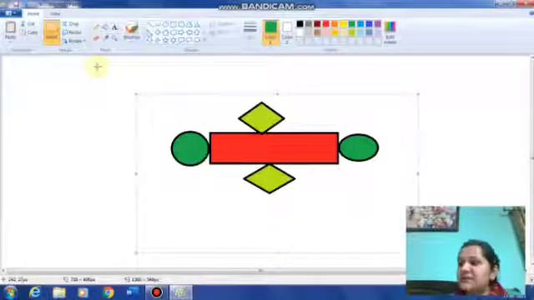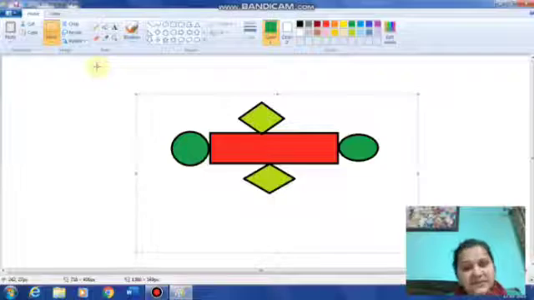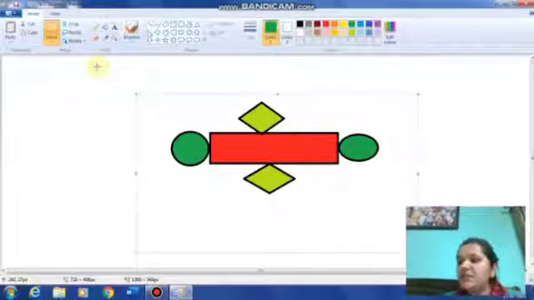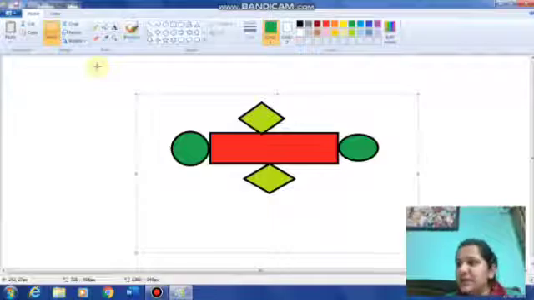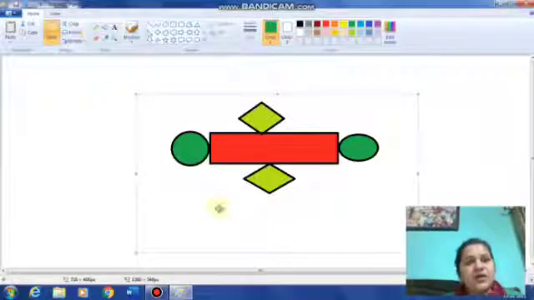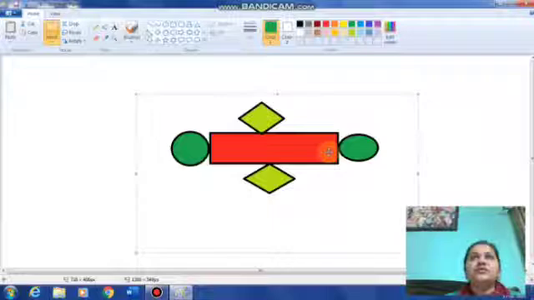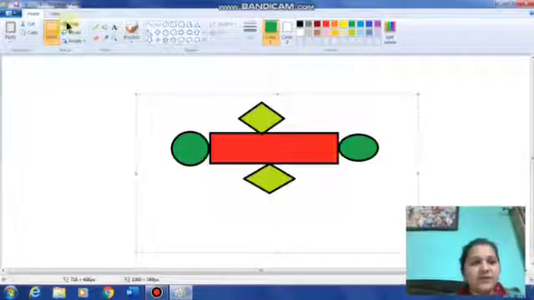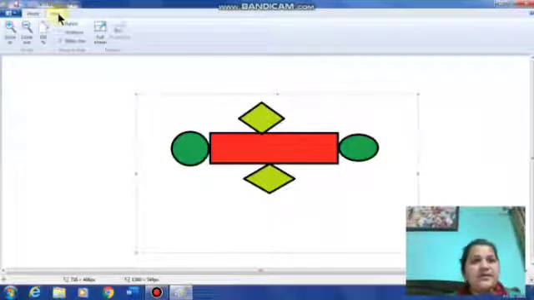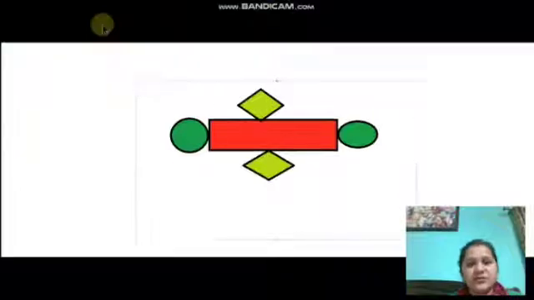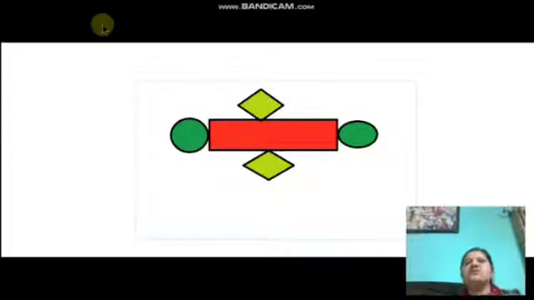The next topic is full screen. This computer system provides you the facility of viewing your picture on the full screen. Okay, now if you want to see this picture on the whole screen, what you have to do is click on this view tab, and click on this full screen option. See, this is the full screen in which you can view the image which you have drawn in your drawing area.